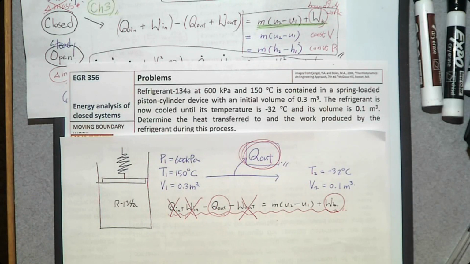So there are two materials that we use as phase change materials. They are water and refrigerant. This one is a refrigerant. So it's going to be